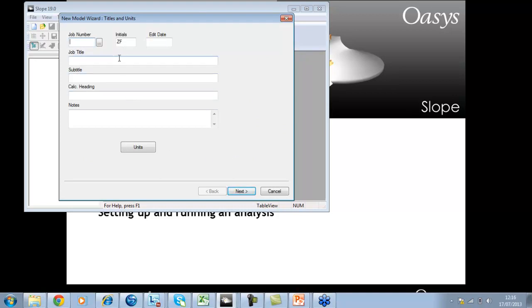The model wizard starts up. It starts up with the titles and units. So I'm just going to call this slope run through, and subtitle simple analysis. For example, you could vary these subtitles based on what you're factoring or whether you're